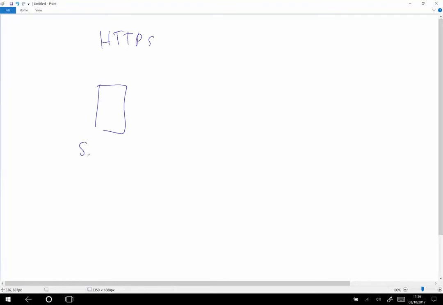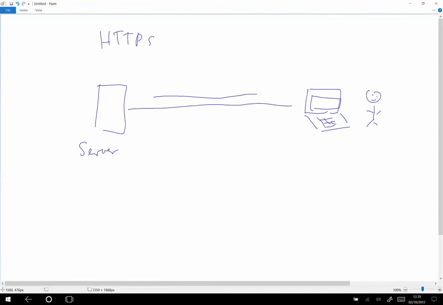So there's a server somewhere on the internet, and this is supposed to be your machine. It's your laptop. So with HTTP, you visit a website, and the website is being sent to you. But now you've got an area on the web server. Your own machine is not a web server. Yeah, you close the lid. This is supposed to be a picture of the same machine with the lid closed. Nothing works.